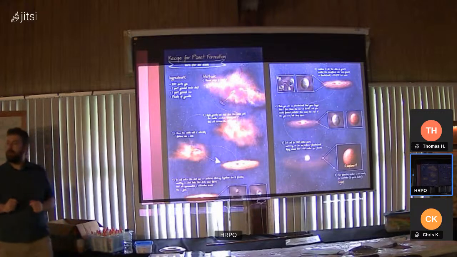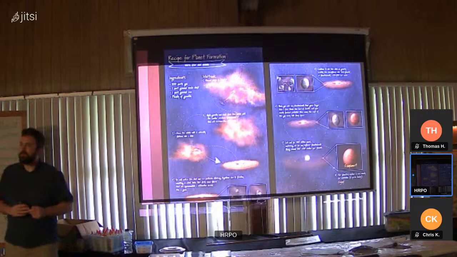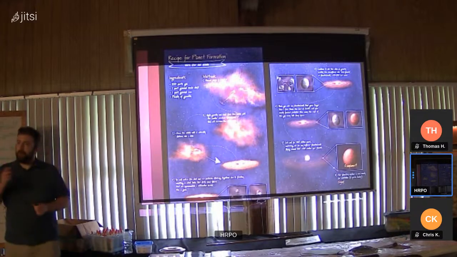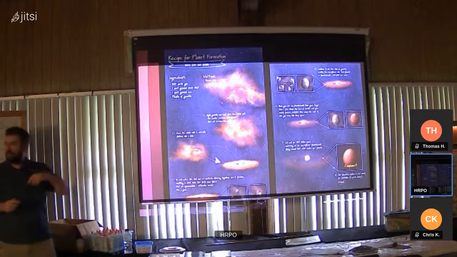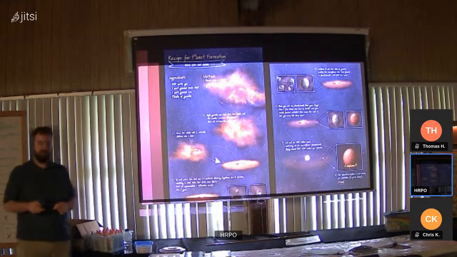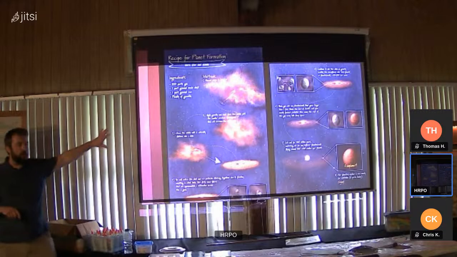Yes. I'm not sure if you're going to get into that detail. I can't quite remember how it's described, but because of the mess of different elements, the rockier stuff forms on the inside, and the lighter elements are pushed back. I can't quite remember the mechanism going on. Yeah, I'm going to come back to that, so it'll be in about 20 minutes. But we'll cover that, and knowing that you're interested, I'll cover it in a bit more detail than I otherwise would. So yeah, I'm interested in how the gas giants form,